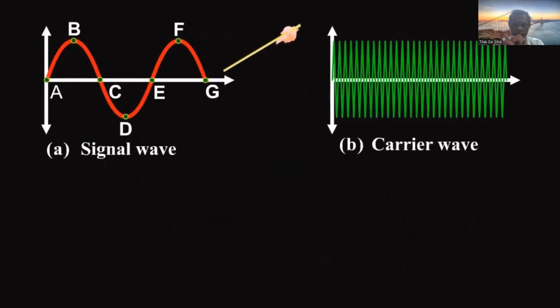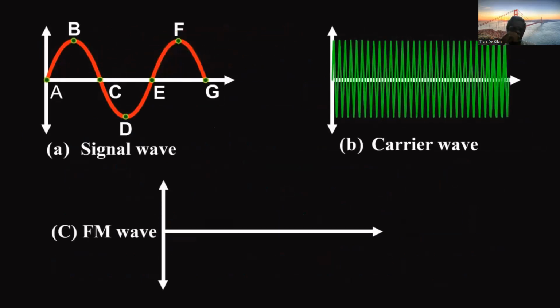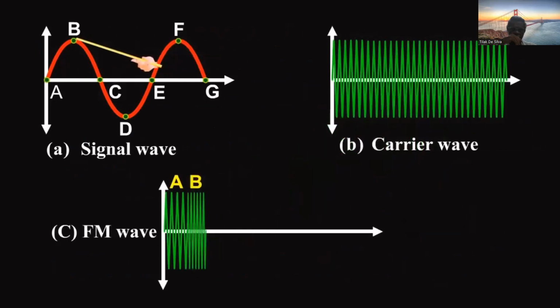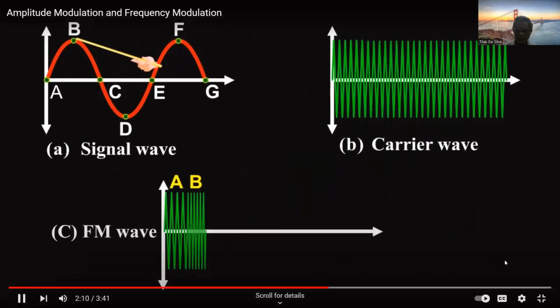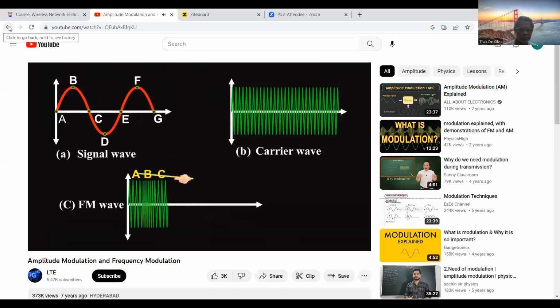When the signal voltage is 0 at A, C, E and G, the carrier frequency is unchanged. When the signal approaches its positive peaks at B and F, the carrier frequency is increased to maximum as shown by closely spaced cycles, but during the negative peak of the signal as at D, the carrier frequency